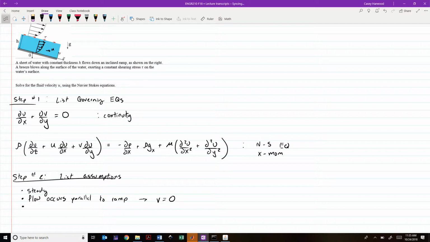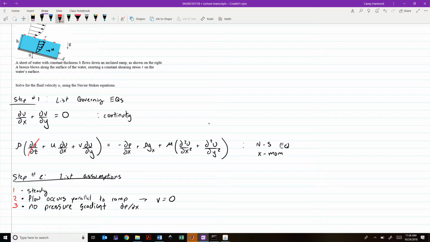And if there's no pressure gradient at the top, then we can say that there shouldn't be any pressure gradient down lower either. So that allows us to kill off that term. So we can write no pressure gradient dp dx. We'll number these 1, 2, 3,